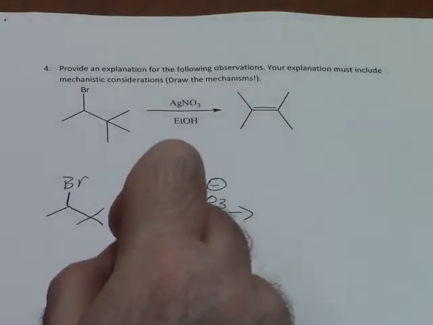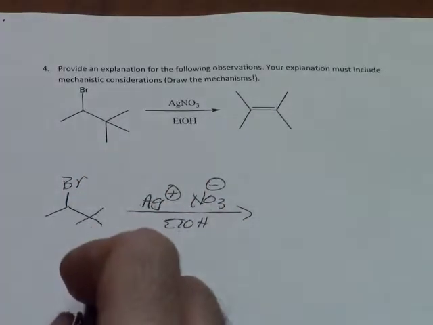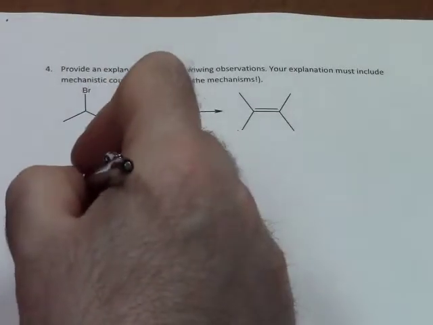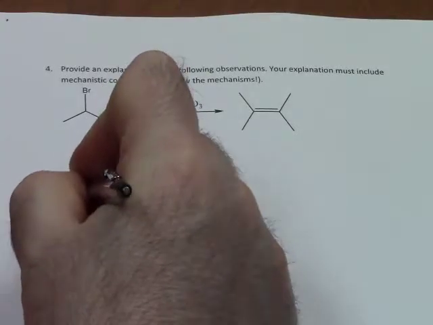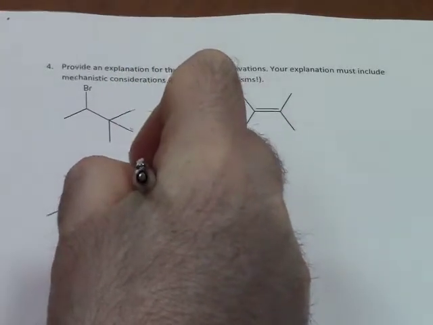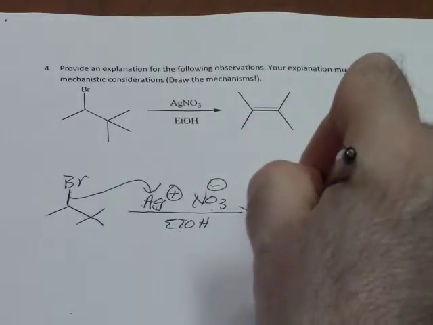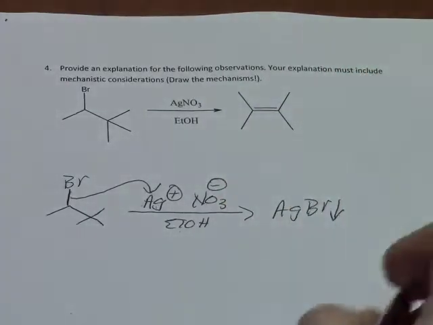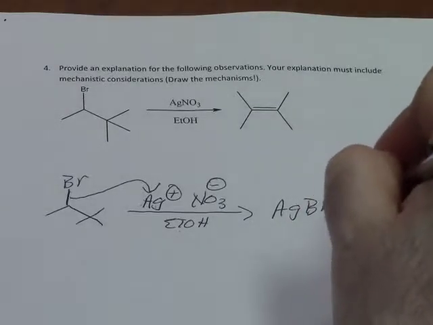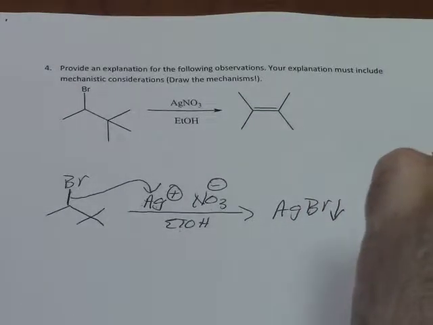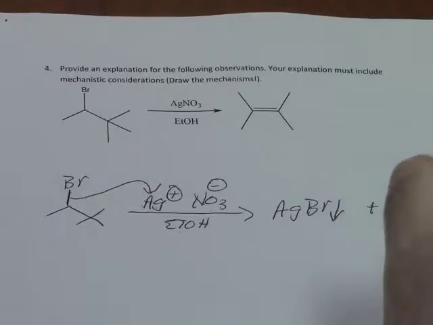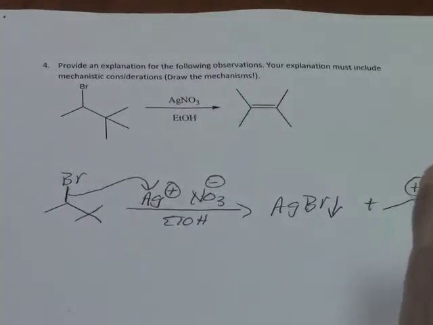Silver serves as a way to remove the bromide under mild conditions. And so what happens is the carbon-bromine bond, those electrons will go to the silver to form silver bromide, which precipitates out of solution. And then you generate the secondary carbocation